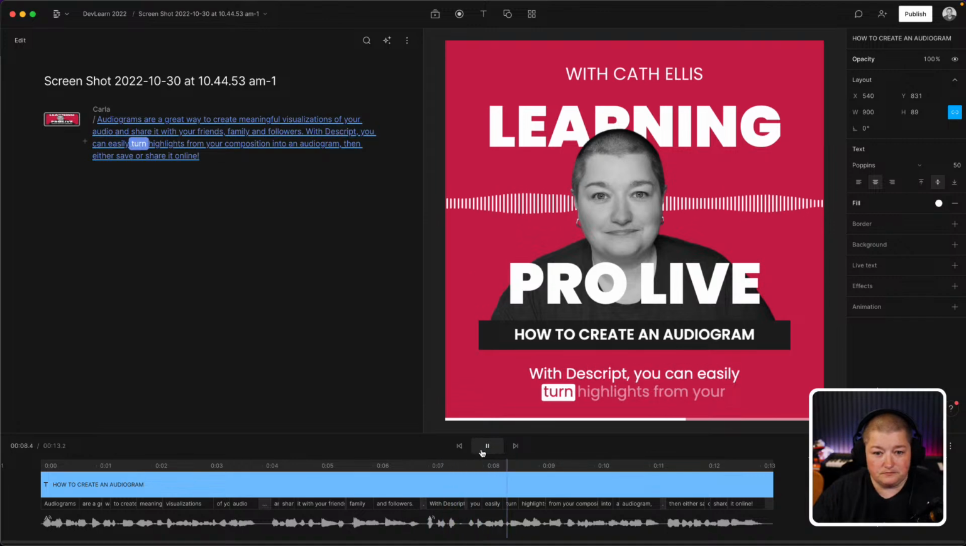With Descript, you can easily turn highlights from your composition into an audiogram, then either save or share it online. Audiograms are a great way to